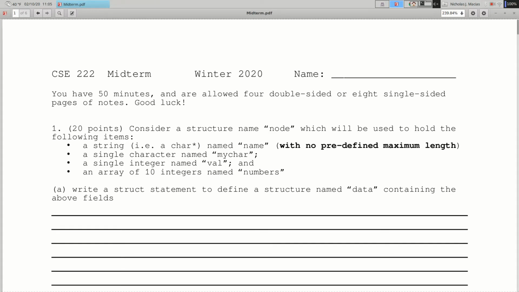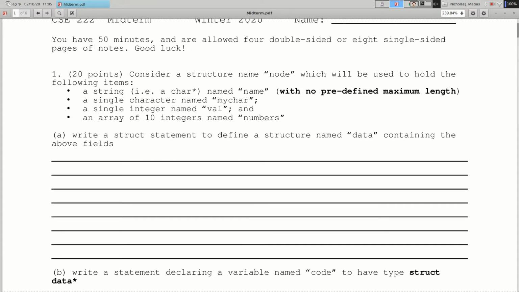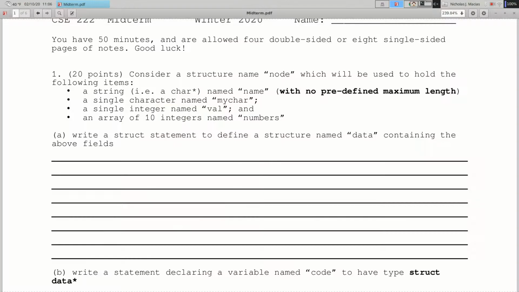All right, so question one was playing around with a structure and setting up fields and things like that. Not a whole lot to worry about in the first part other than the character array. Also, I had a typo. I asked about a structure named node, and then I asked you to create a structure named data. That confused some people.